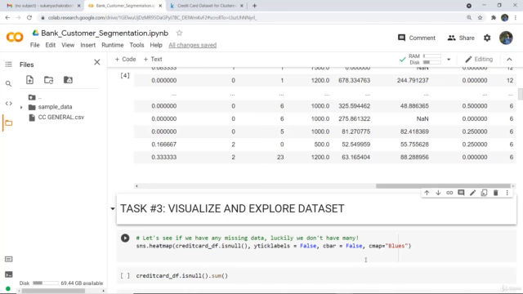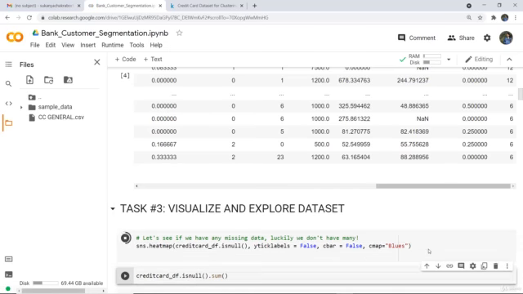Now cmap is actually determining the colors of the plot that has been plotted. So cmap is actually a matplotlib color map name, or any object, or it can have a list of colors also. This is also optional, but we want to display whether there are any missing values or not. So it is the mapping from the data values to the color space. If not provided, then the default depends on whether the center is set or not. So I execute this particular cell.